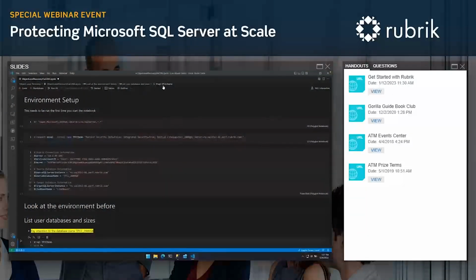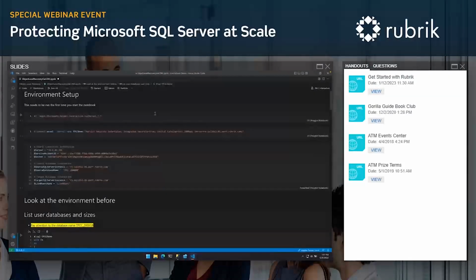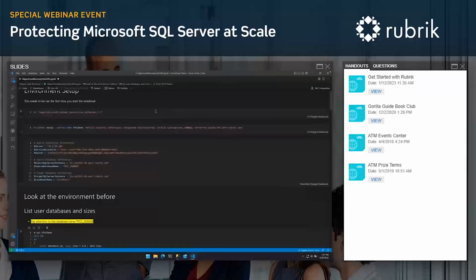All right, so let's take a look at an example. Let's use Rubrik, and in this case, we're also going to use some APIs using the PowerShell SDK that we have to do object level recovery. In this example, we're going to go through and show how to recover from a couple of bad events that can happen in an environment.